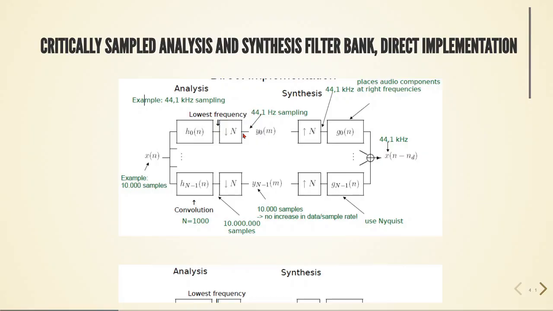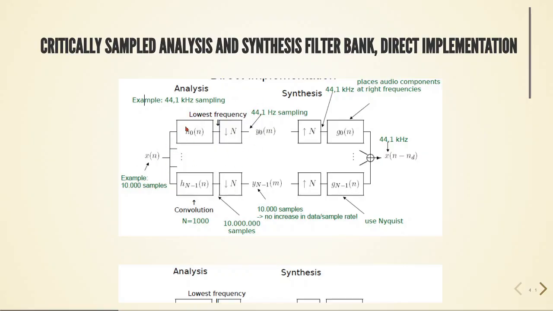and here we will have 44.1 hertz because we are downsampling from 44.1 kilohertz using N equals 1000, so that's a factor of 1000, and we go from 44.1 kilohertz to 44.1 hertz. That means that with N equals 1000, this downsampling factor of 1000, we'll have 1000 subbands. So if our input signal x of n, for example, has 10,000 samples, and then it will be